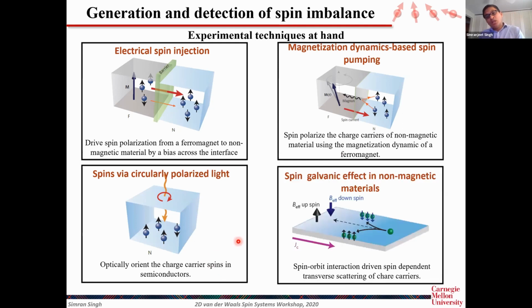And on top of that, you can also generate or detect spin currents in a non-magnetic material through spin galvanic effects, including the spin Hall effect or the Rashba Edelstein effect. So my work will mostly focus on this aspect of detection and generation of spins, where we want to use a non-magnetic material